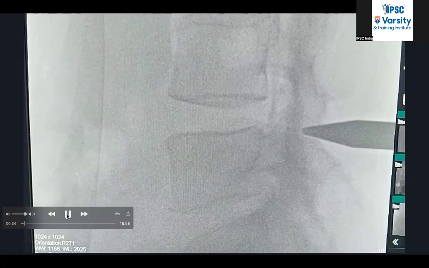Over that, I'll put a sleeve in the lateral position. I'll check my direction first. This is the area of the interlaminar window. You can see the dilator is over here, and then we'll put our working sheath over there. Once that is done,